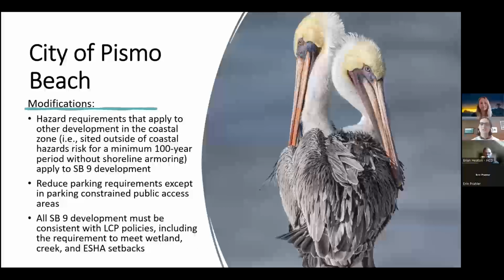The commission also reduced the parking requirements for SB9 that the city had proposed, except in coastal access areas with constrained parking. So the suggested modifications by the commission mirrored the approach that the city had taken for accessory dwelling units, or ADUs, which requires parking on a graduated scale based on unit size. So they required 1 parking space for studios and 1-bedrooms and 2 parking spaces for 2-bedroom units and larger in areas with constrained parking. So that modification helped protect on-street public parking opportunities and public access while still encouraging needed infill development that's consistent